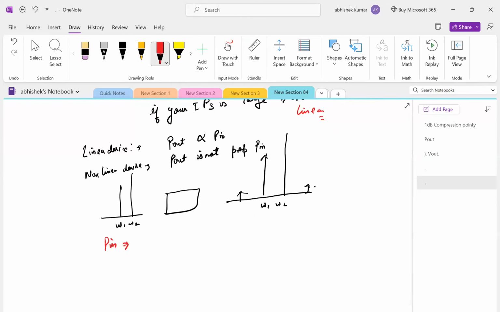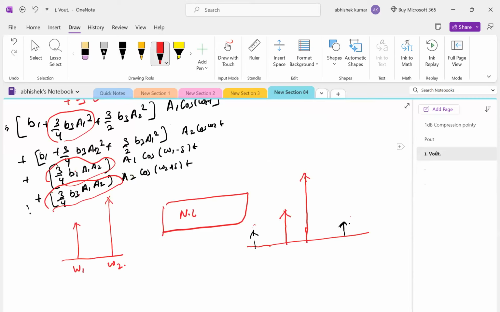We have given V input as A cos omega t, right? So our P input power will be A square by 2R. Now from our previous explanation, we can get to know that